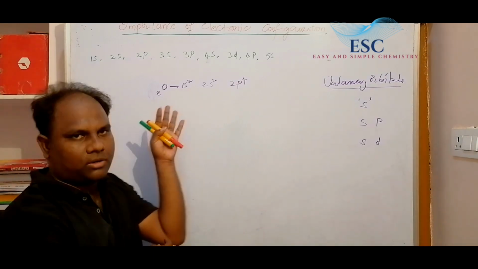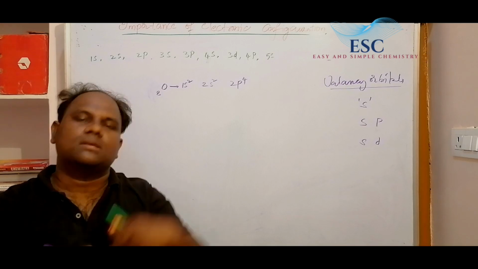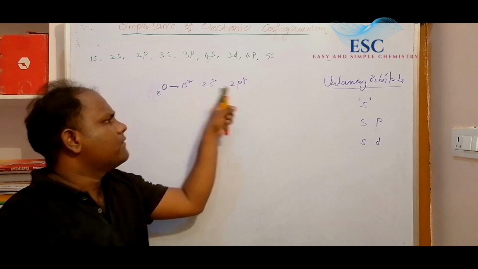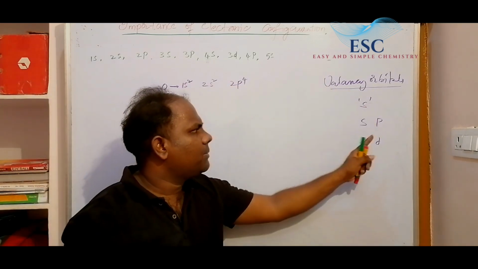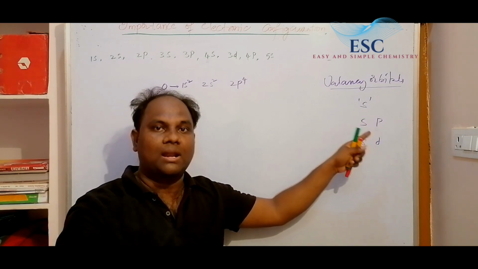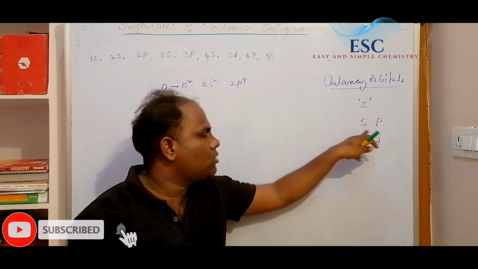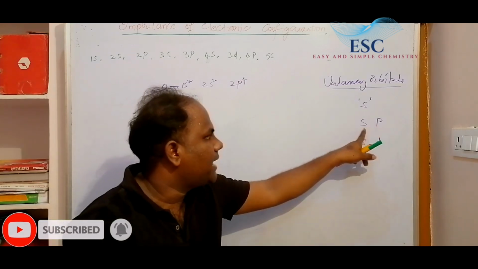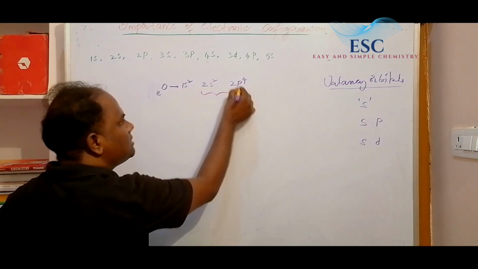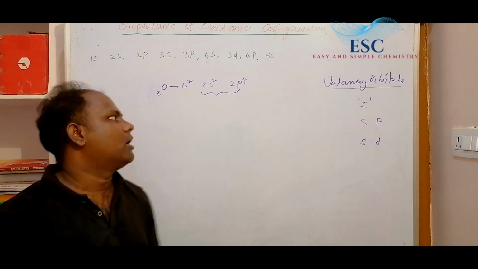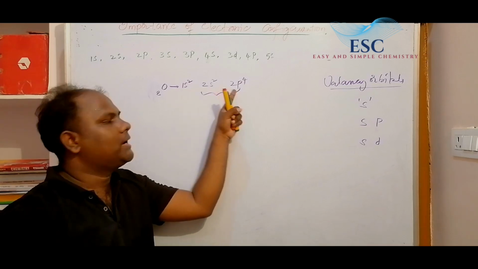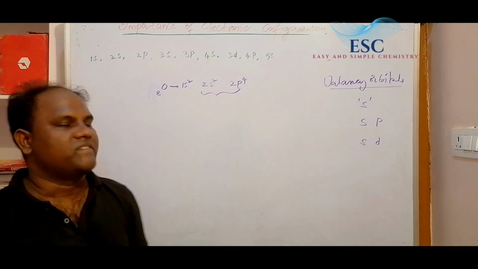Here, in this electronic configuration, which orbital is the last orbital? Here it is p. Where p is the last orbital, both the s orbital and the p orbital act as valency orbitals. These two orbitals are taken as valency orbitals. So how many valency electrons are present? 2 plus 4: the 2s2 and 2p4 electrons are valency electrons.